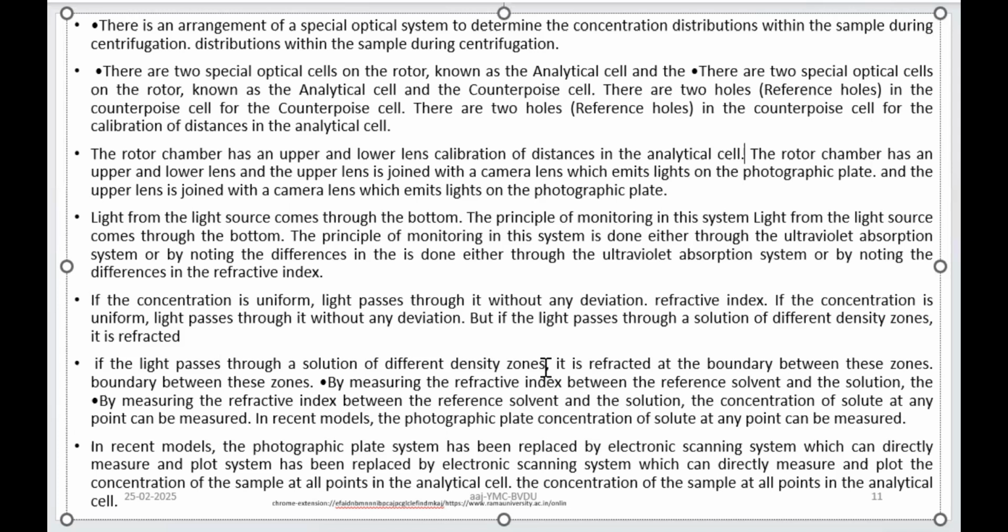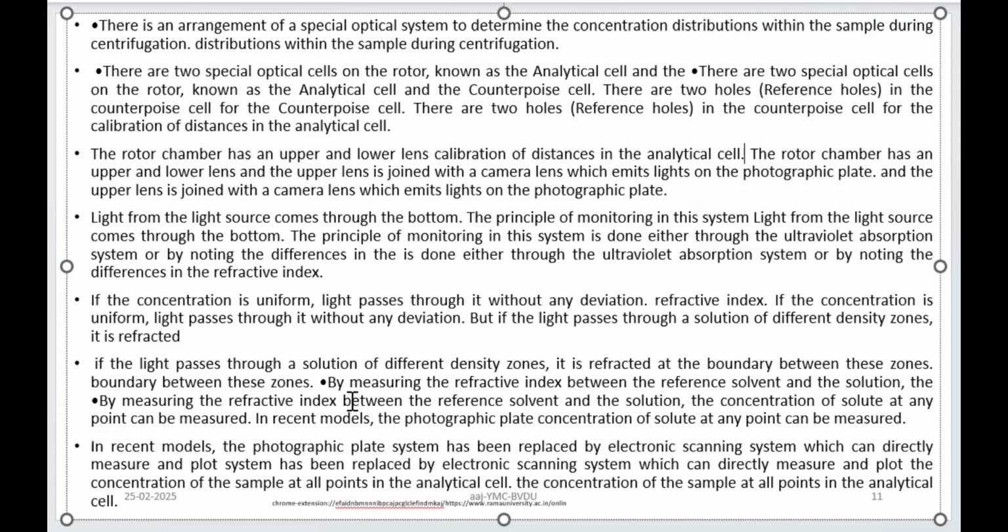A continuous zone is initially there when the centrifugation has begun, but as it takes speed and sedimentation progresses, the particles will start separating and the zones will get generated. Within the zone also, you can characterize whether it is uniform or deviating. It is based on the refractive index. If the light passes through solution with different density zones, these will be dictated in terms of different refractive indices, right? So that of the solvent, that of the analyte, and of different analytes. You are going to compare those refractive indices, and you will get to know about the deviation.